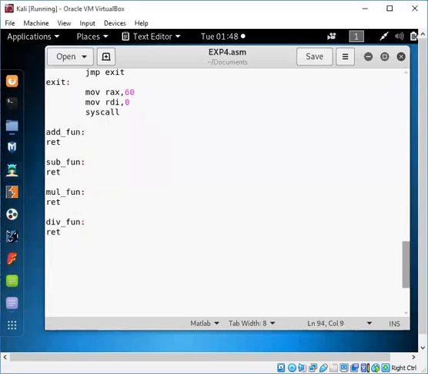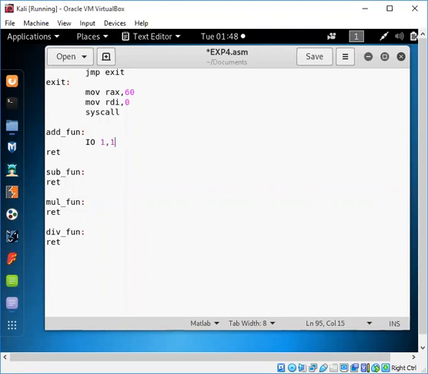So the add function. For this, we need to take the message that we are going to display when we get the final result. We are going to put it in the form of output. Okay, but first we need to call the macro which has been defined for the addition, with the size we can mention for this.